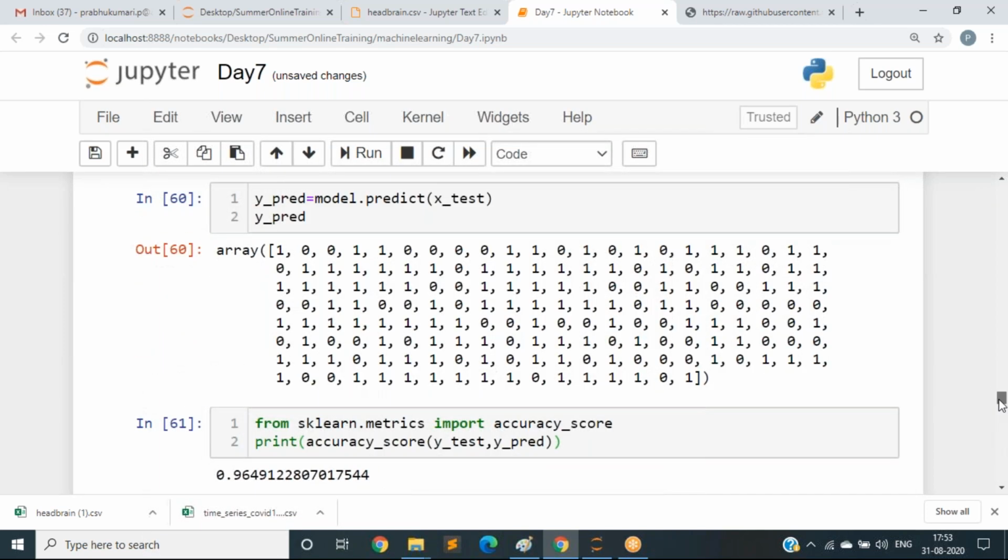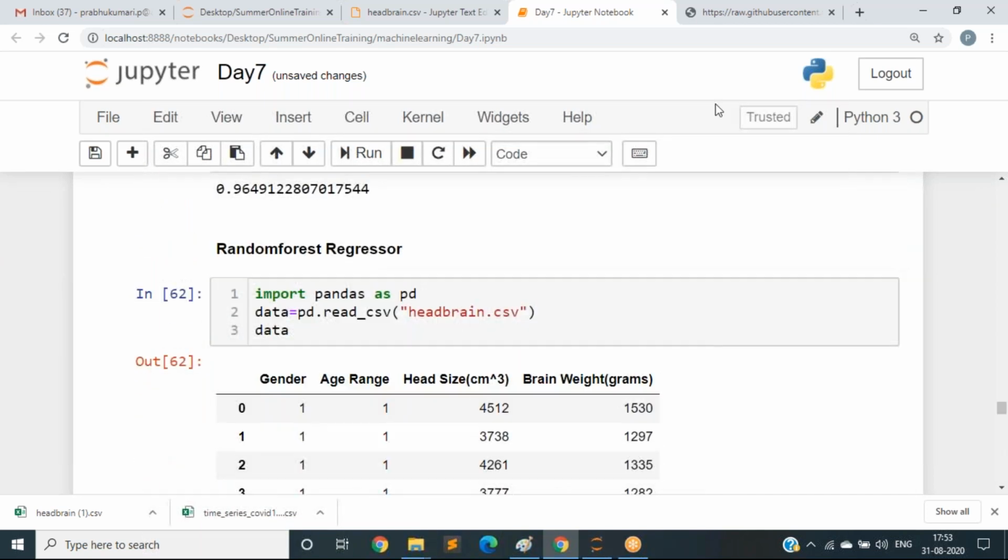Are you following what I am trying to tell? Have you understood the random forest regressor? Please respond in the chat box. The same data which we applied for decision tree regressor, we are applying for random forest regressor. But the decision tree regressor uses only one tree based upon the depth, using the information gain.